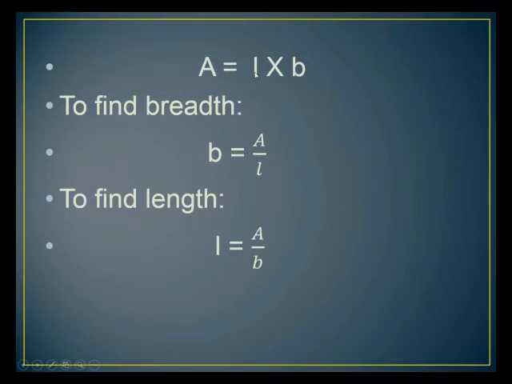So when we shift that length toward the other side, toward the left side, what we have to do is its reciprocal. The reciprocal, or the opposite operation, of multiplication is division. So when we shift it to the other side, we will divide the area by it. Due to this shift, we get the equation: breadth is equals to area divided by length. Okay, so that's how we can use the formula of area in terms of breadth.